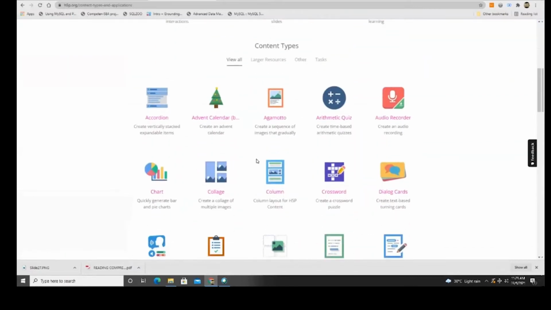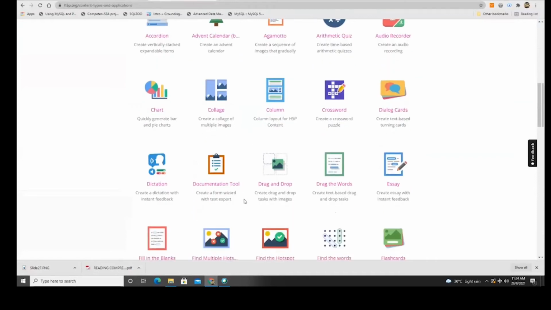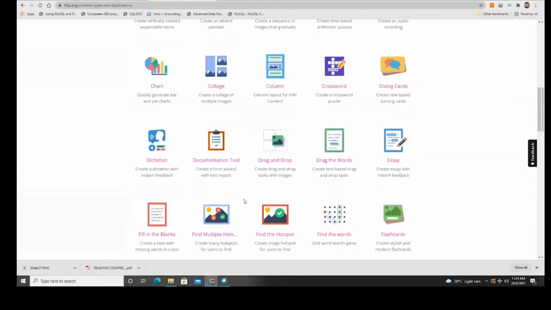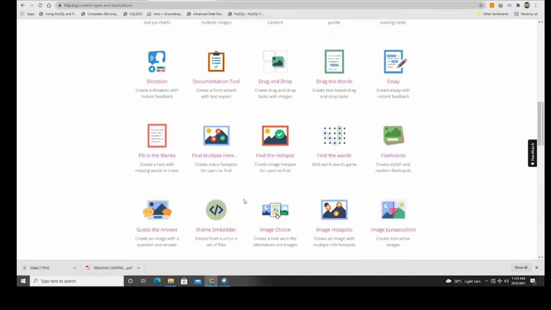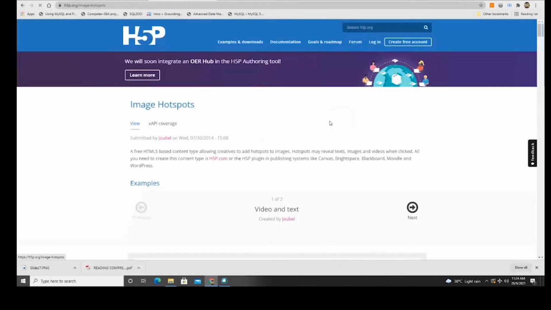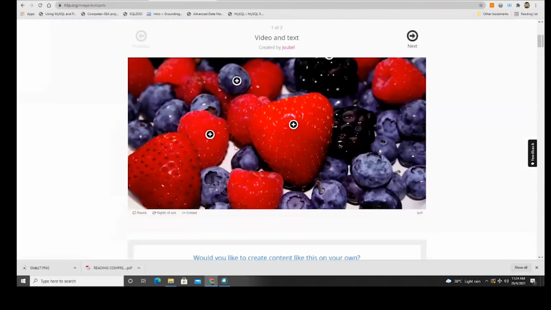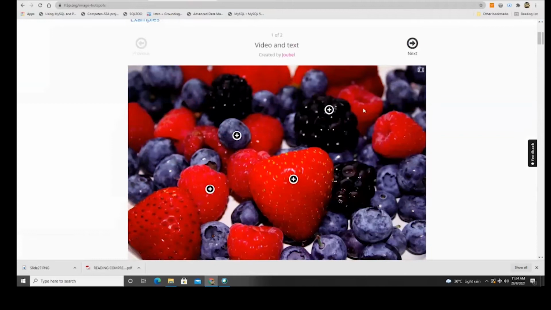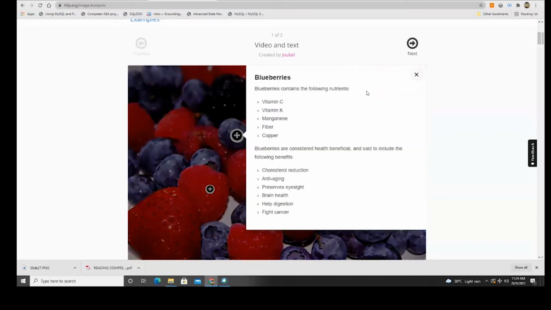Okay, so there are a lot of these that we can actually explore. Yeah, image choice, image hotspot. So this is also a great one where we have an image and then you want to explain each part of the image. Okay,